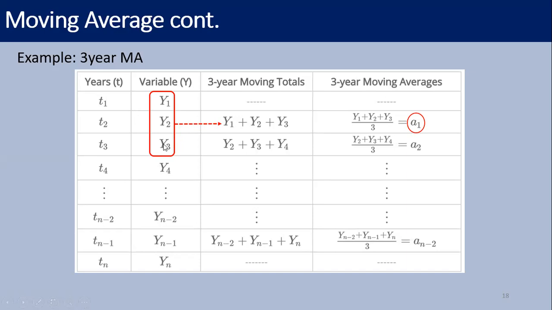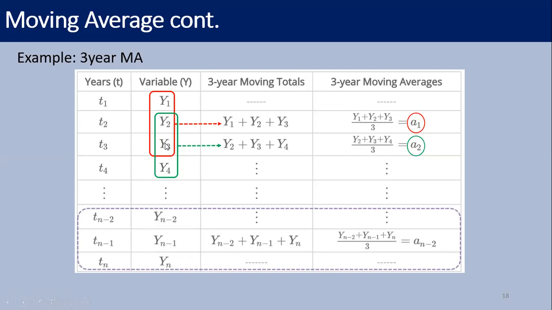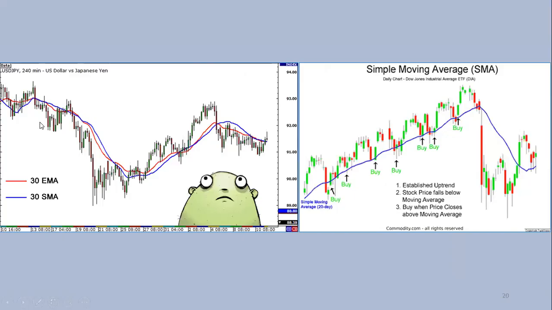First we get the sum of these three data, and to get the average, we divide it by 3. Then we get the value for these 3 years. Likewise, y2, y3, y4 divided by 3. This is the moving average 2 for these 3 years. Then this is the equation. You need not remember these things. I think we can discuss the next example.